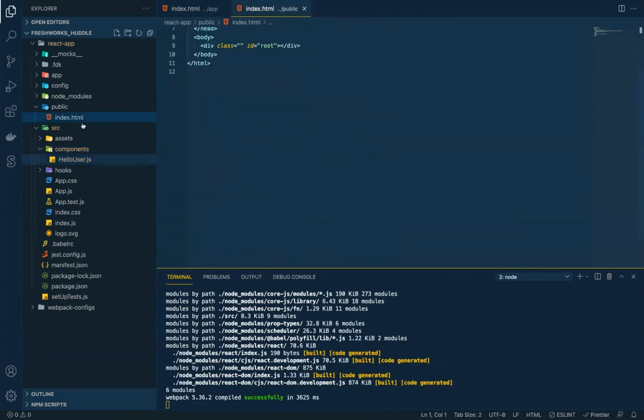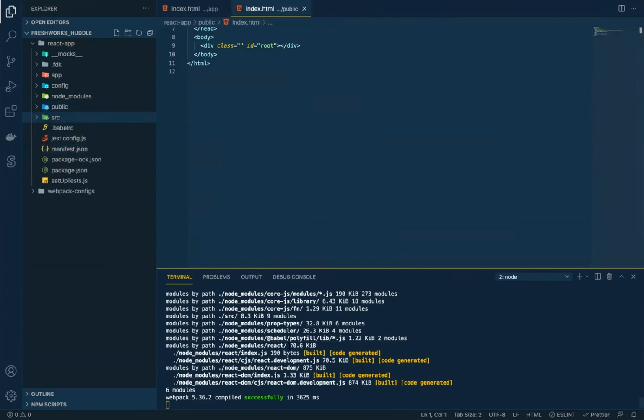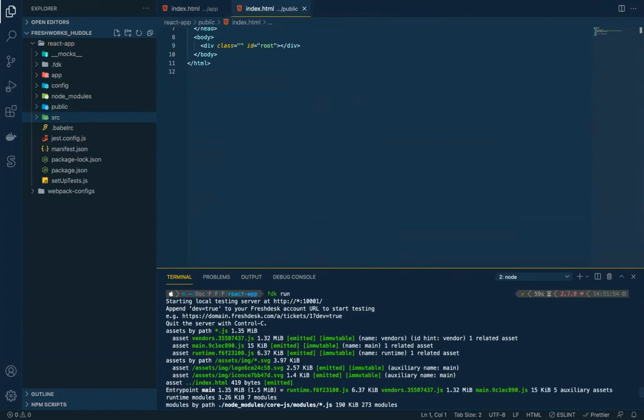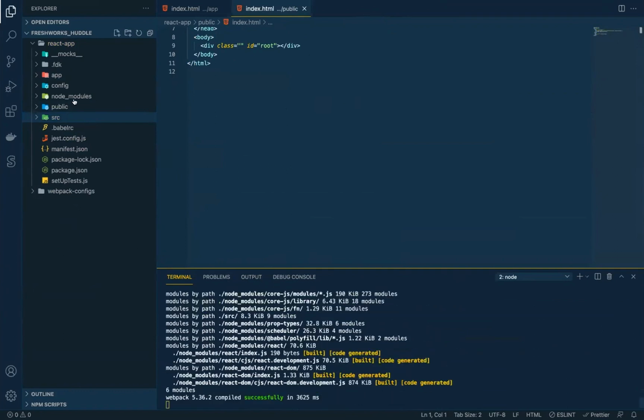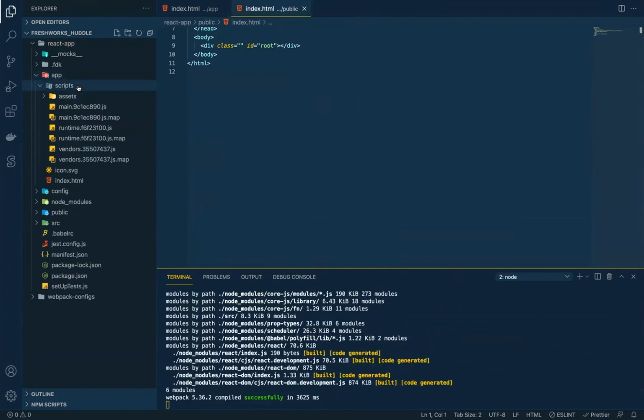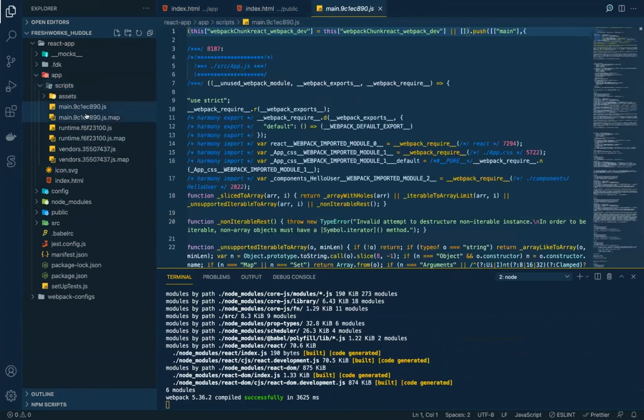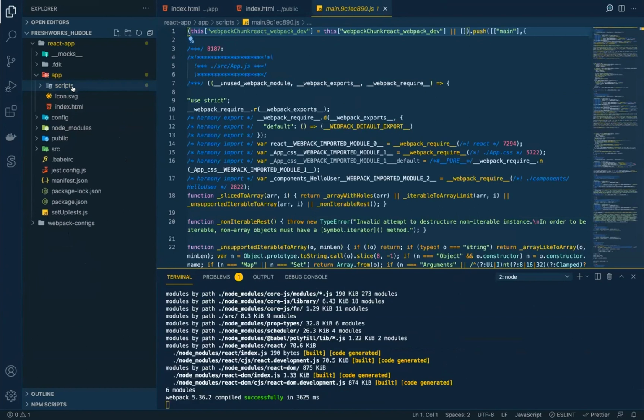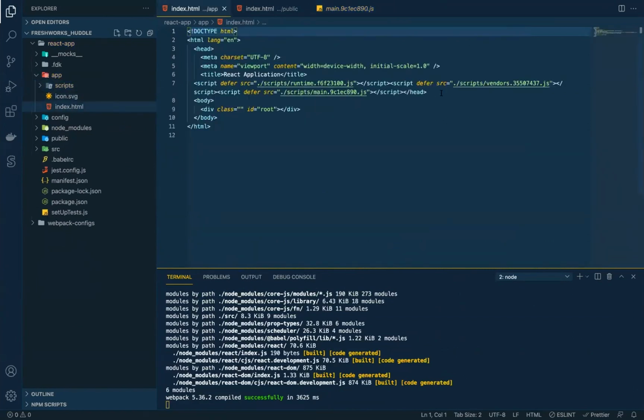Another thing that you have to keep in mind is that this component is not getting served directly. My Webpack did all this compilation and created a new folder called scripts in the app folder, and put all the built assets into it. And then it included them in my index.html that is present in the app folder.